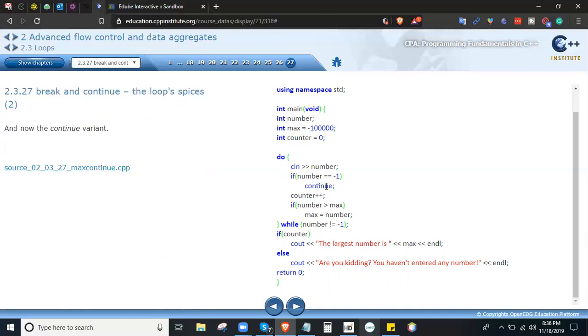So this variant is continue, or this keyword let the execution continue from the word itself. So we have: number is greater than max, then number equals number, then while number is not equal to -1, then if counter, then we print out the largest number is max, then else. Okay,